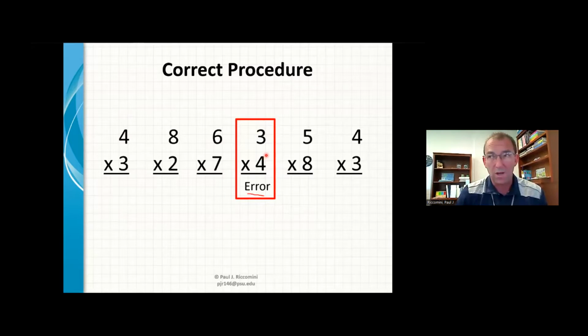Stop. You've missed this one. 3 times 4 is 12. Say it with me. 3 times 4 is 12. Good. You say it. 3 times 4 is 12. Good. Now let's go back to 8 times 2. 8 times 2 is 16. 6 times 7 is 42. 3 times 4 is 12. Okay, good. So that is answering Melissa's question: she didn't answer within 2 seconds, so it's an error, and you treat it as an error.